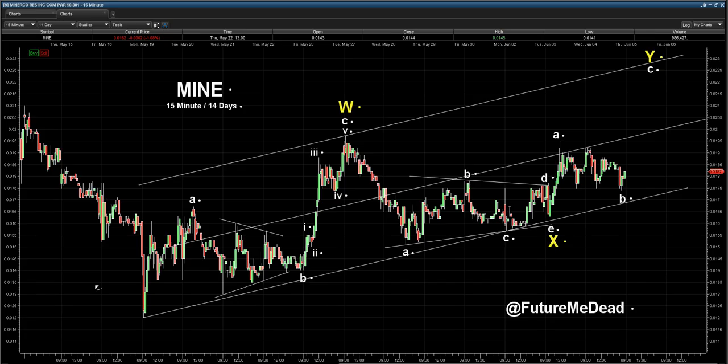So we have a 3-wave move up in W, an intervening wave in X, and now we need a 3-wave move up in Y. So we have the first leg in A, and an overlapping wave structure in B. Okay, this is not an impulse, it is not a 5-wave move down, so that's a good thing. It leads me to believe we still have higher to go. And so what I'm expecting is some sort of 5-wave move up